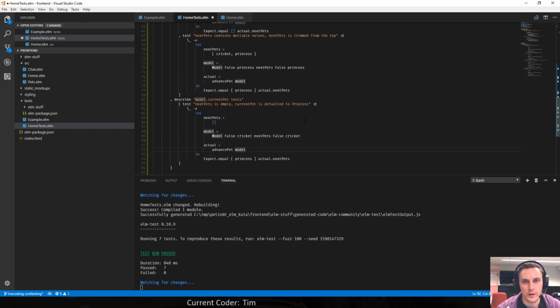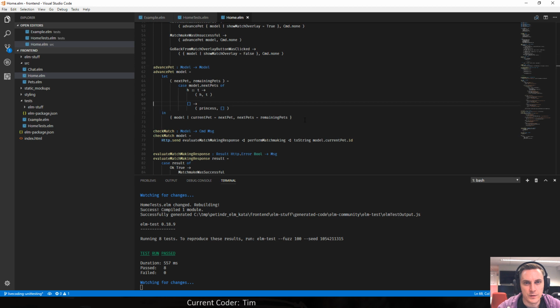And then when I advance with an empty list, this should be princess indeed, but it shouldn't be a list anymore. And I want to access current pet. Let's see if that test also fails.